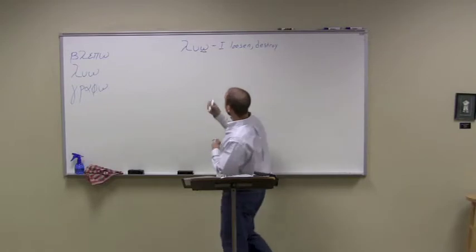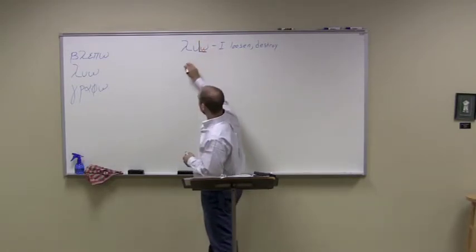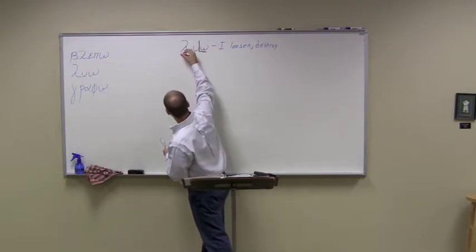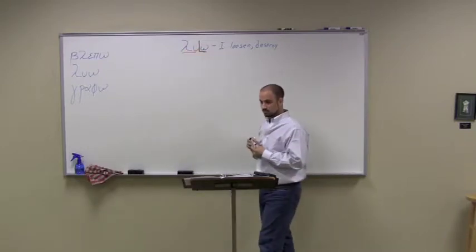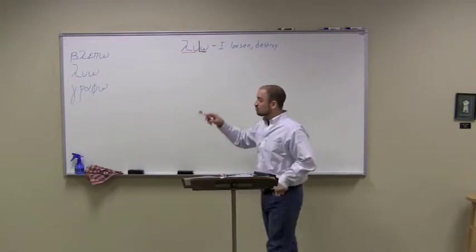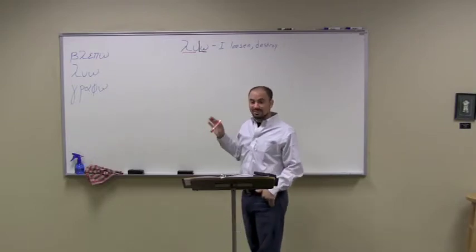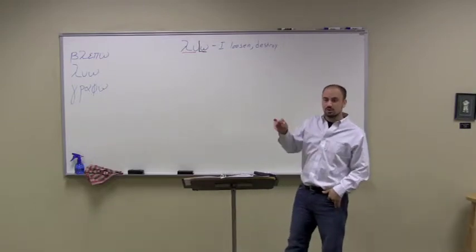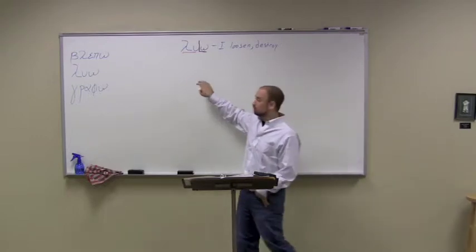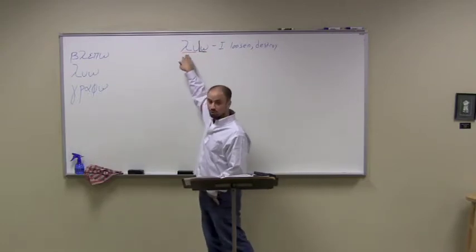But when we're conjugating, we need to find the stem of the verb, and that's going to be lu. The way you find the stem of your verb is you just subtract the omega. Later on we will learn what are called mi verbs, where you'll take off the mi. But for now, we are only learning omega verbs. So you take off your omega, and that's your root, lu.